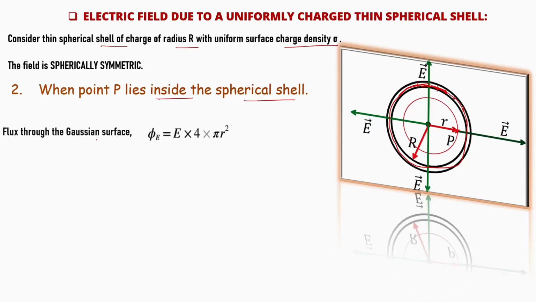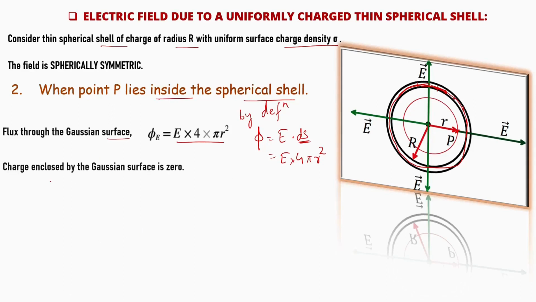Now again the step will be the flux through the Gaussian surface, which by definition we write as the formula for the flux. Again there are only three basic steps. First we write the flux by definition, next we write the flux by Gauss's law, and then we equate them. So here by definition, phi is equal to E dot ds. The electric field is constant, so it remains as it is. What is the surface area of the Gaussian surface? This time it is 4 pi small r square. So this will be our expression for the flux passing through the Gaussian surface.